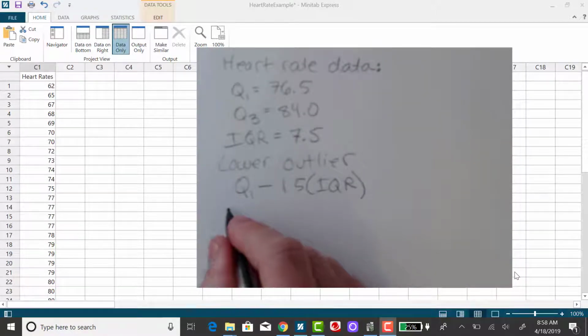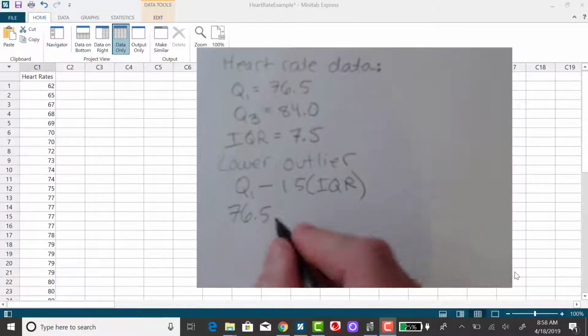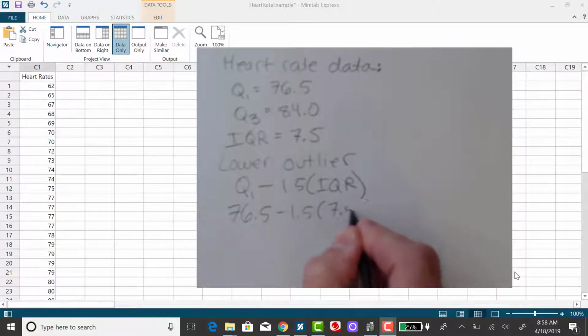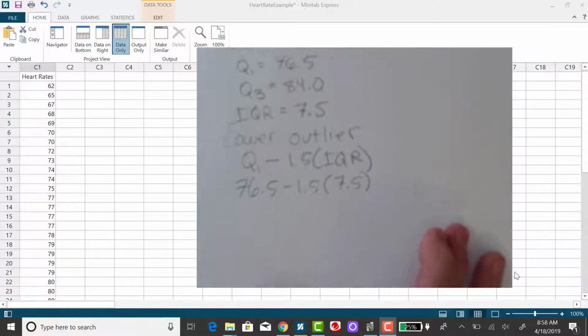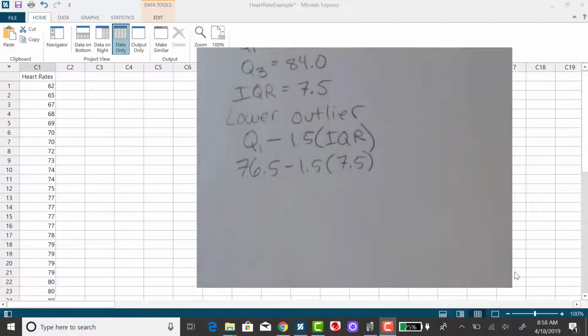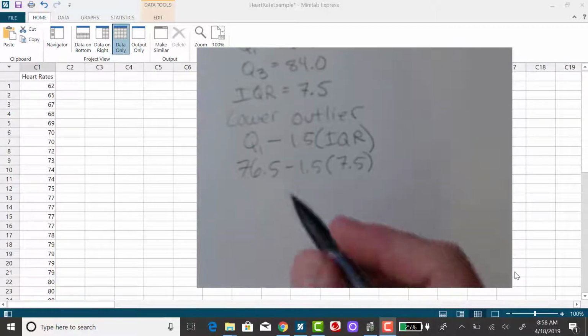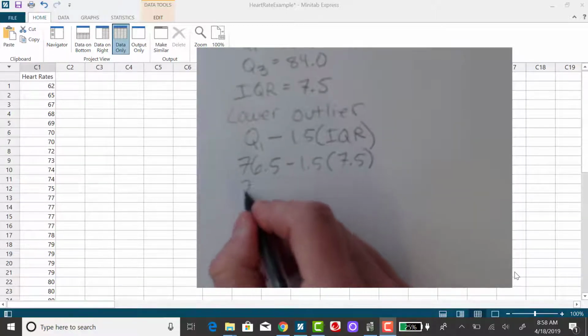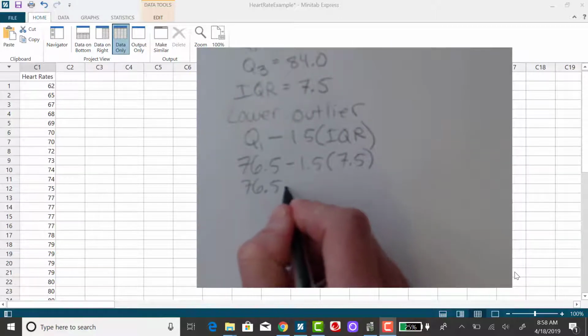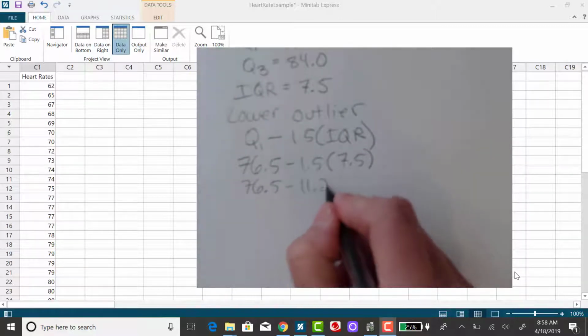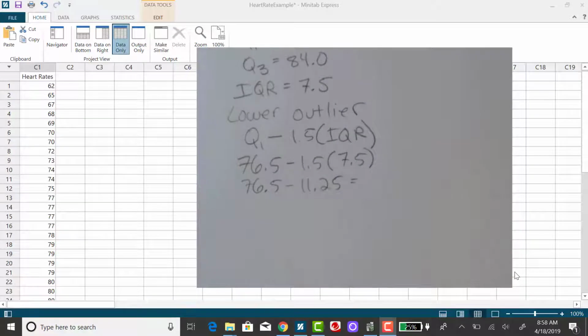The first quartile is 76.5, and I'm going to subtract 1.5 times 7.5. Okay? So 1.5 times 7.5 is 11.25. So taking 76.5 and subtracting 11.25, I get,